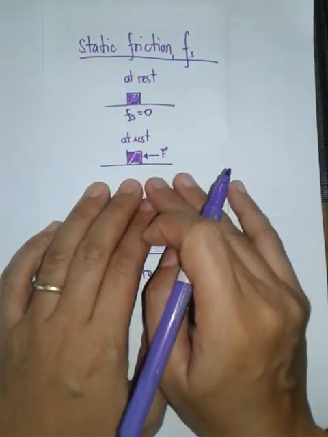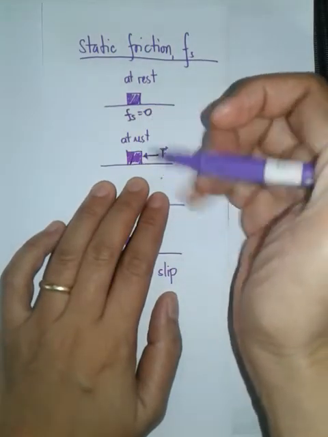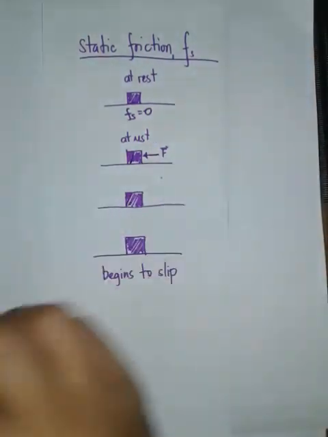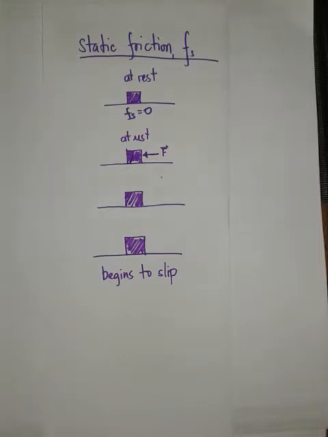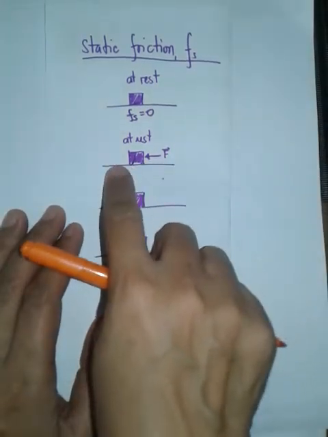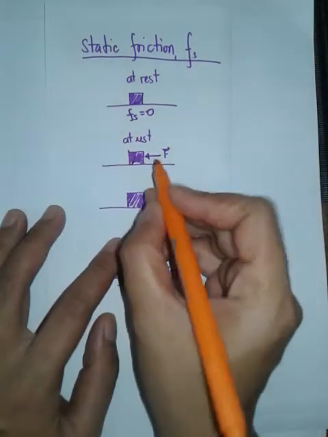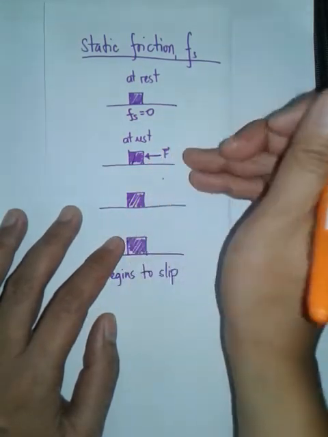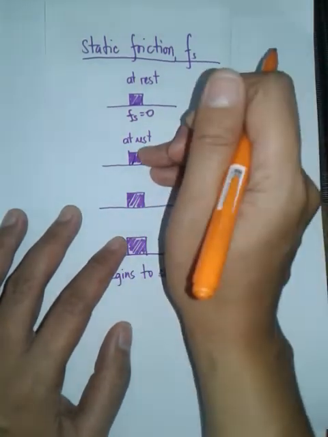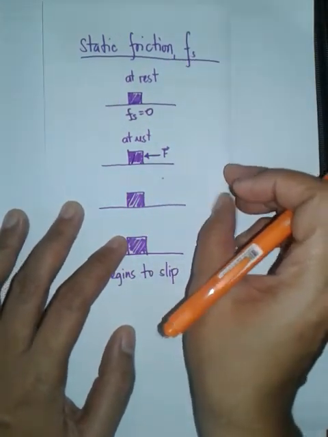But what if this time, the same box, I push to the left, but it still does not move? Since we now have a force that is parallel, the same axis as the bottom of the box and the floor, this means that when I push it to the left and it doesn't move, according to Newton's law of inertia,